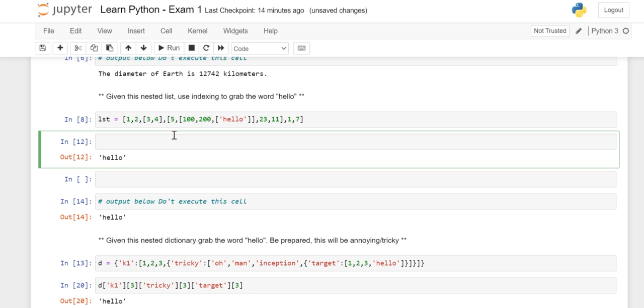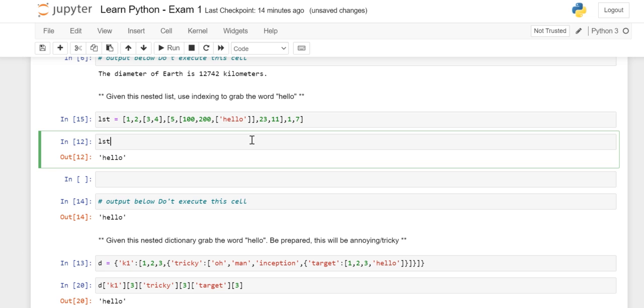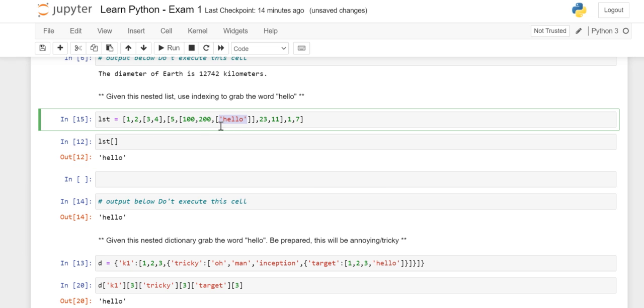So what happened? First of all, let's declare our list. And how to use the index values? First of all, you have to use the list name, and within square brackets, you put your index value. Now let's see, where is the hello? Here. It looks a little tricky and confusing, so we'll start from the very first element. This is 0, 1, 2. Till 2 we are all clear, right?